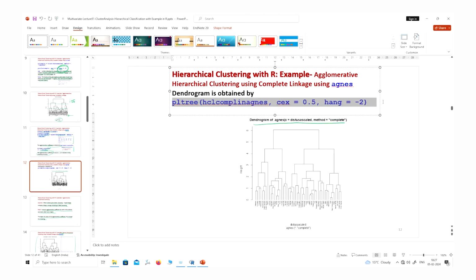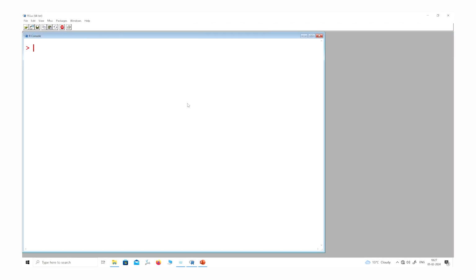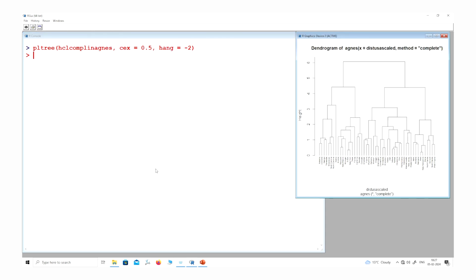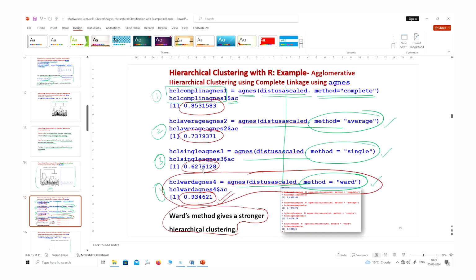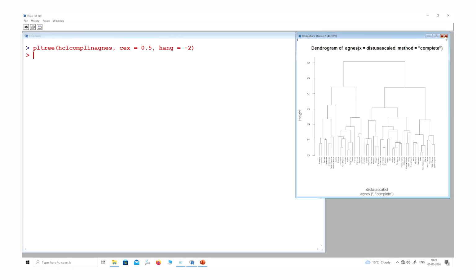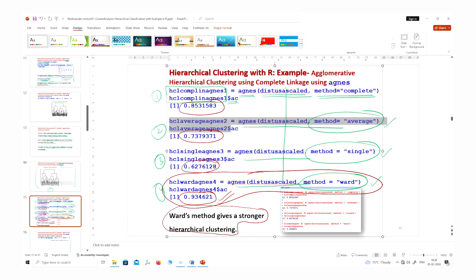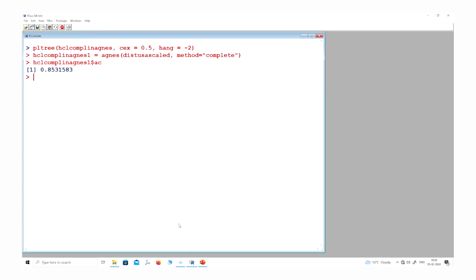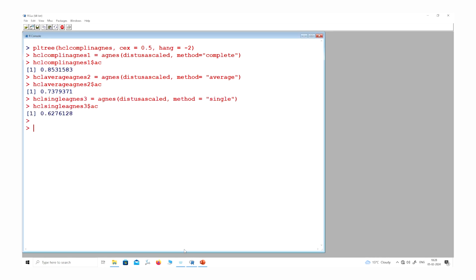And then if I try to create this dendrogram, let me close it, otherwise, you can see here this new dendrogram is created with this data set, which is the clustering data set based on the agnes package, right? And then you can see here that I try to compute all these different types of agglomerative coefficient. This is based on method equals complete. This is based on the average linkage method, and then this is based on the single linkage method, and now